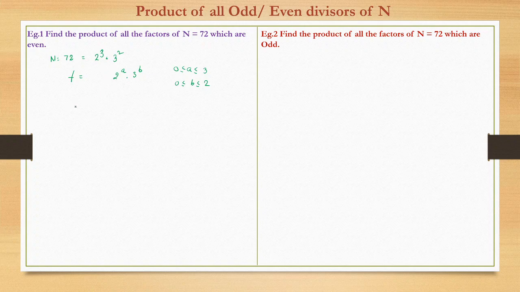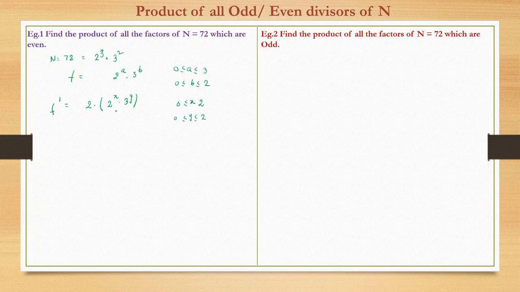But now we have to consider those factors which are even, meaning multiples of 2. So let those factors be represented by f dash. So that we can write as 2 into 2 raised to power, let's say x, into 3 raised to power y. Now what would happen here? x can take what? Now 2 raised to power 1 we have taken out. Well, maximum it could go to 3. One power we have taken out, so x can go from 0 up to 2. And y can be again 0 to 2.